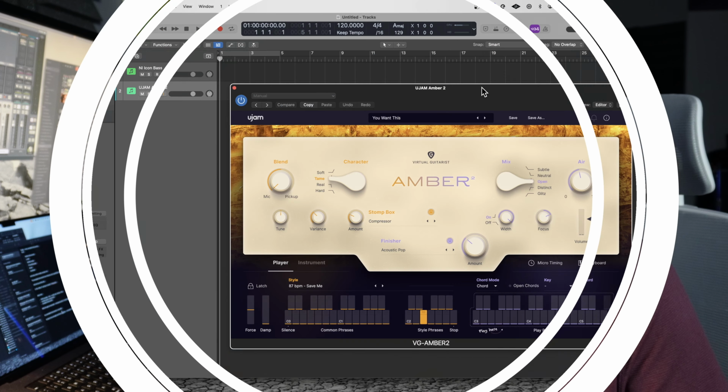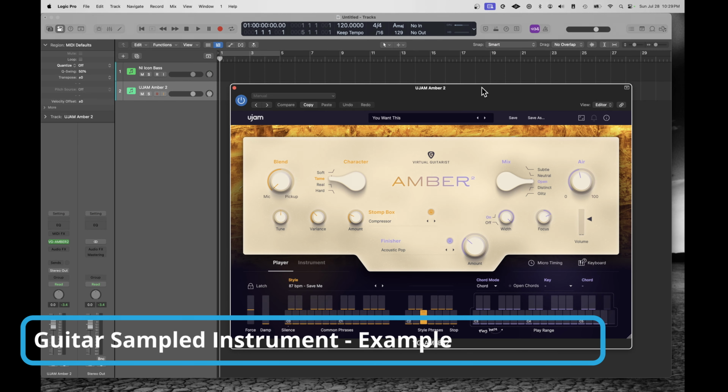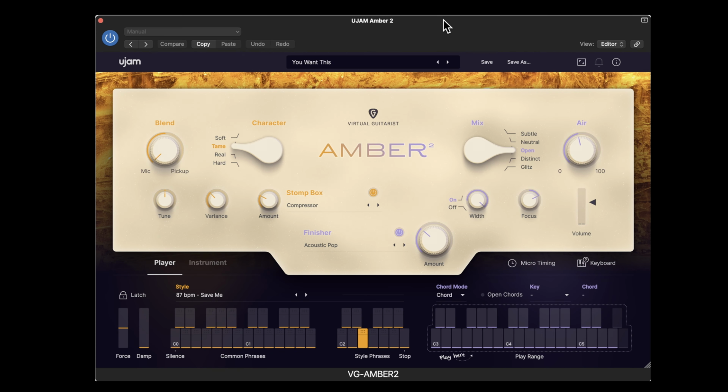Let's walk through an example. This is the Amber 2 acoustic guitar from UJAM. Now keep in mind that these sounds are all sampled. Nothing here is synthesized. So you've got recorded acoustic guitar being played back in different ways. So in this area of the instrument are the notes that will dictate what chords are played. And there's all kinds of parameters on how you manage the chords, whether they're open chords, certain types of chords. In the middle here are your style phrases, and at the bottom are the articulations that dictate how things are played. So if I choose a different style, hit a note,